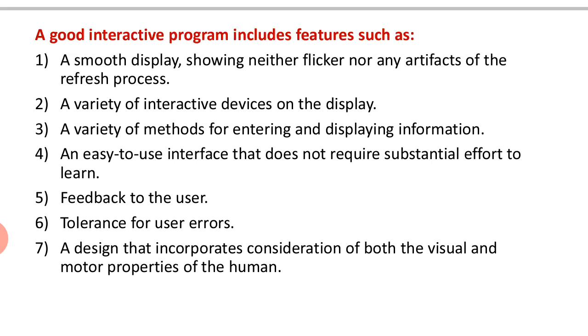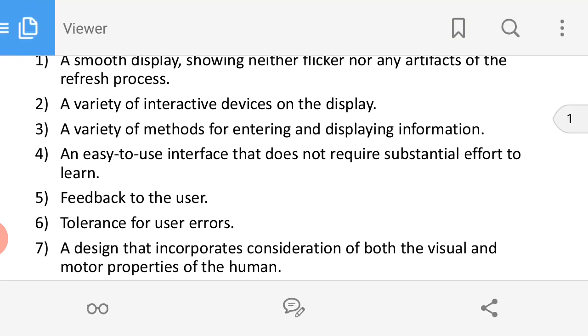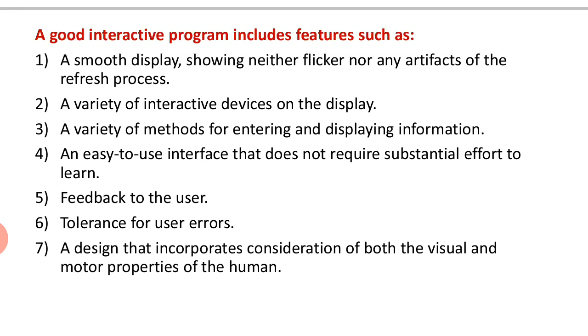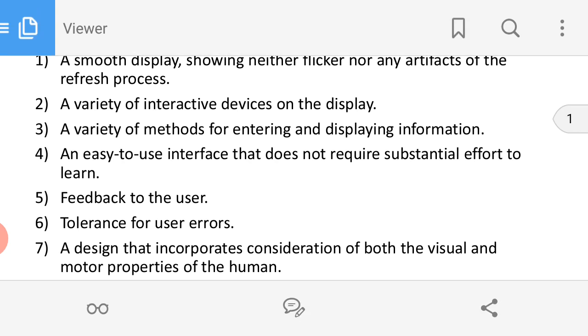When I am not able to use my hand fully to give some sort of input, I should give some other provision. For example, when I can't give the input with my hand, I can give the input with my voice. This is another way of accepting inputs. That capability should be there in my system. So such things have to be considered here. These are the 7 different features that should be adopted, and only then can we call it a good interactive program. Please try to remember all these points. Okay, thank you.